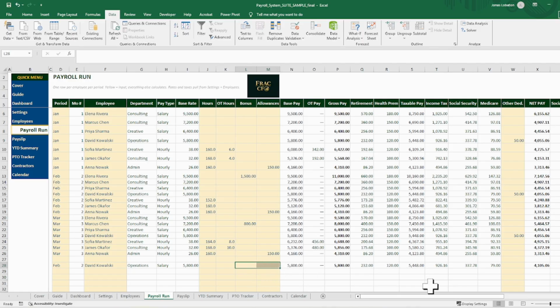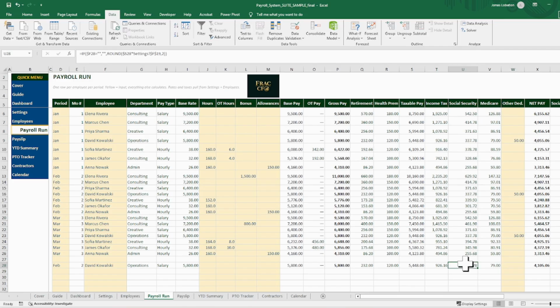Once the inputs are entered, the workbook calculates base pay, overtime pay, gross pay, retirement deductions, health deductions, taxable pay, income tax, net pay,